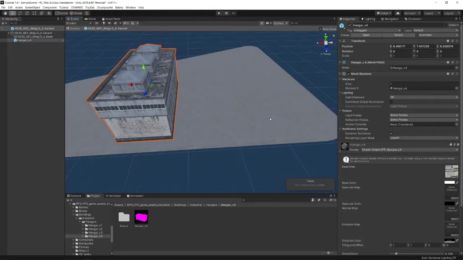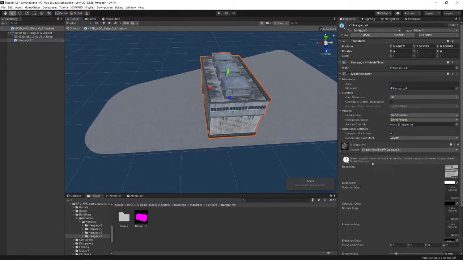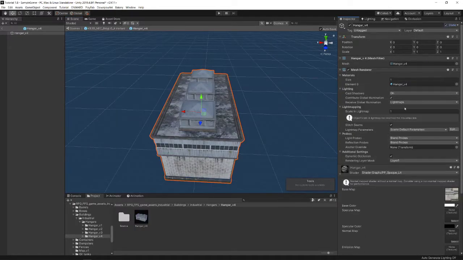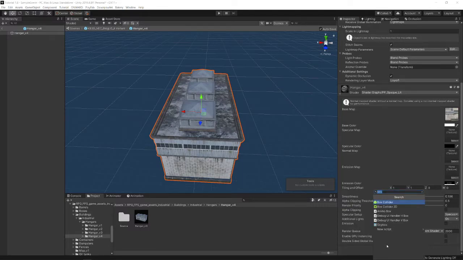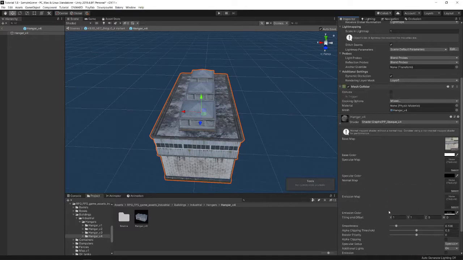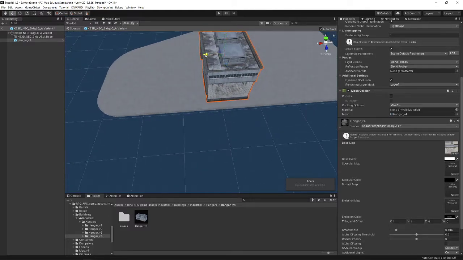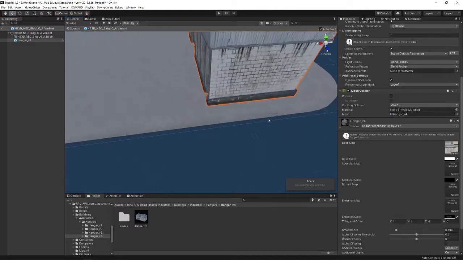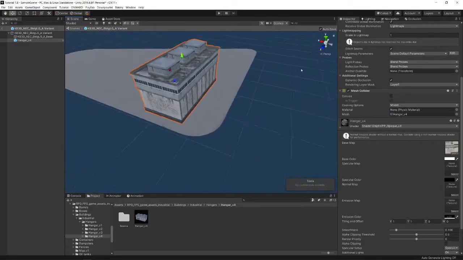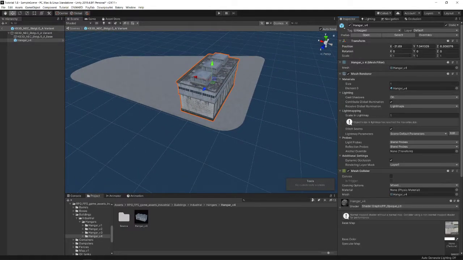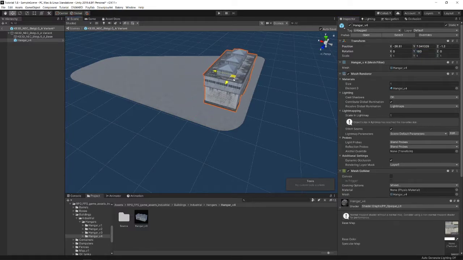So we got hangar 4, it's all ready. The only thing we're missing is a mesh collider, and of course it's not static. So we're going to go in and fix those 2 things. I know this sounds like a lot for each asset to make sure, but you get used to it. You'll be like, oh, okay, I see why this isn't doing its thing that I need it to do. So we're going to pull this. Let's see what's on the other side of this. It's just a back. Okay. So we're going to go to the top. We're going to flip that. Because in general,